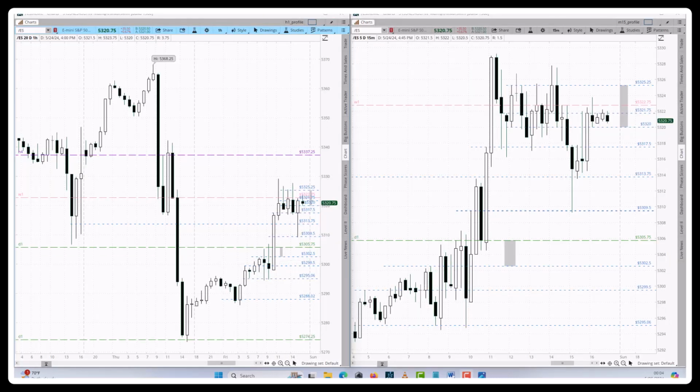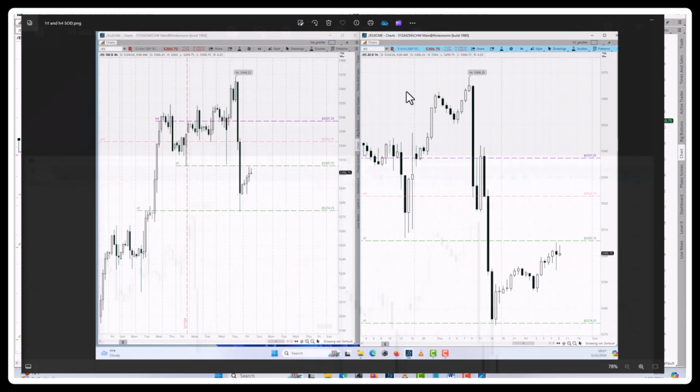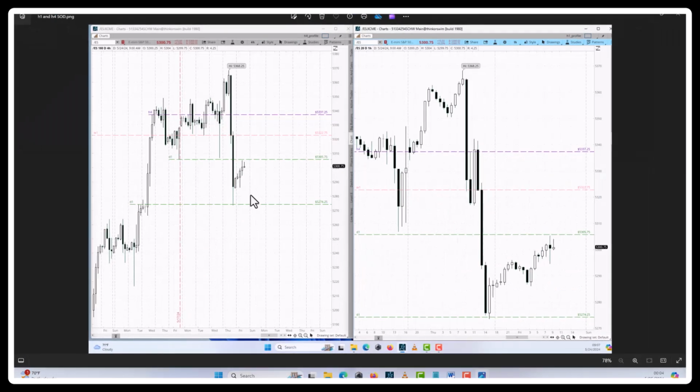So this morning when we started out the day, we looked at the 4-hour time frame. Here's our screenshot before the start of the day, that's what we call the start of the day. And we looked like this. What do we see right there? We see that it's a leg down, right? So there's going to be a retracement, and then a next leg down, a second leg down for that matter.